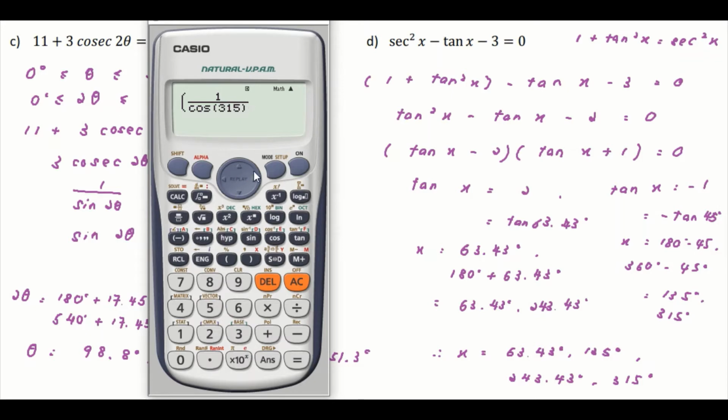Make sure that you square it, because this is secant square. So this is 1 over cos, meaning it gives you secant, then after that you square it, which gives you secant square, then minus tangent square 315 minus 3, so 0, which is correct. You can try to check it out also for other values. It will give you the exact same answer as well,